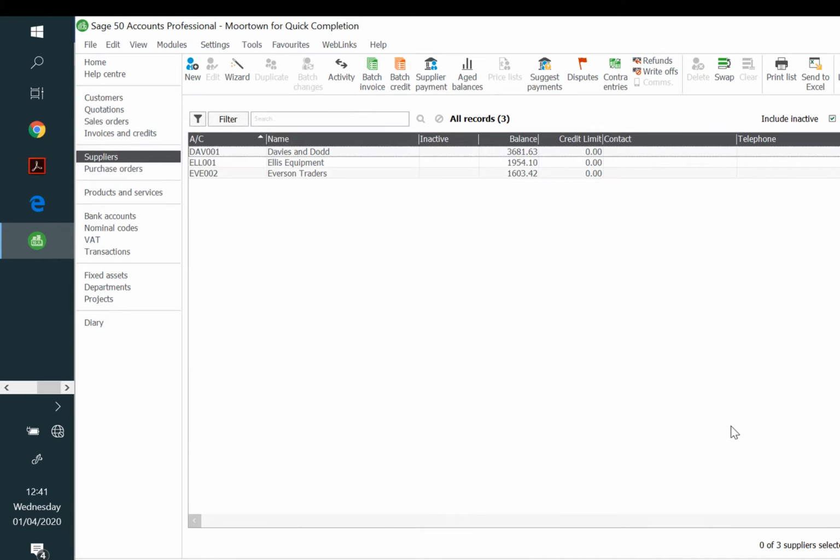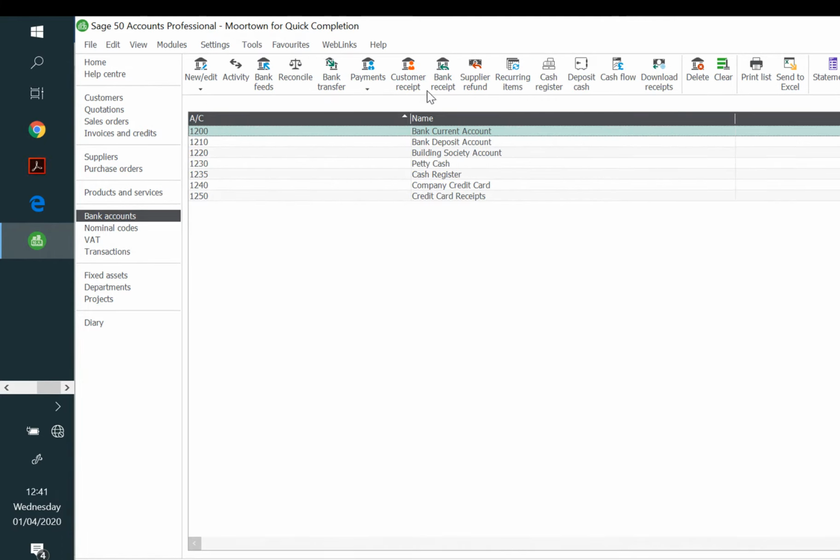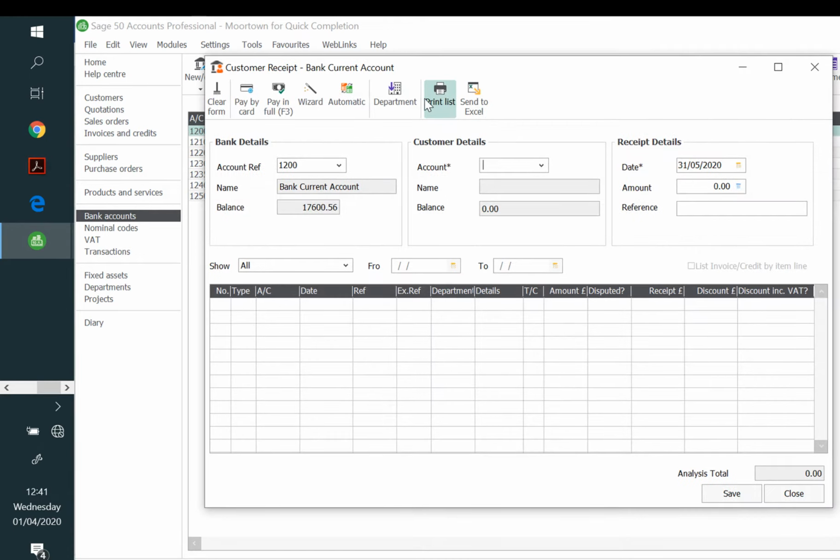So task 6, just a couple of receipts now. So these are receipts from credit customers. You can do it from customers now. On some versions you can actually do the customer receipt, or you can do it from the bank account customer receipt. Either way works. So the one I'm going to do is from Thai. There's only one Thai. The date is